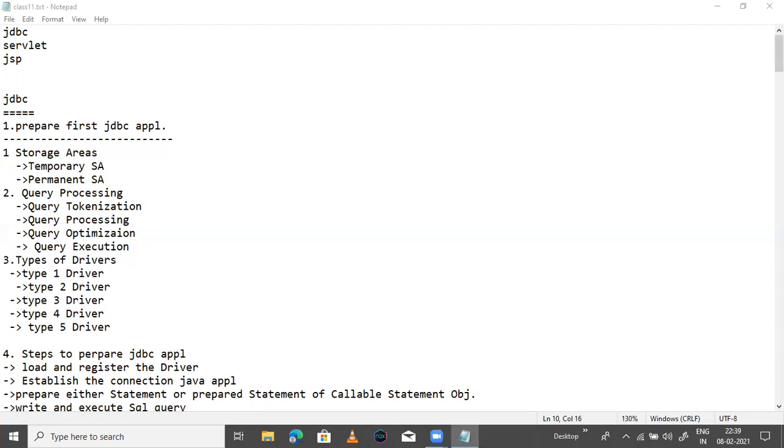Today I will discuss how to download the JDK software, Oracle software, and MySQL. How to install, I will discuss tomorrow. Then after that, I will prepare one JDBC application. Then next we will start our theory, like storage area, query processing, and types of drivers. Any query, Mr. Amit?